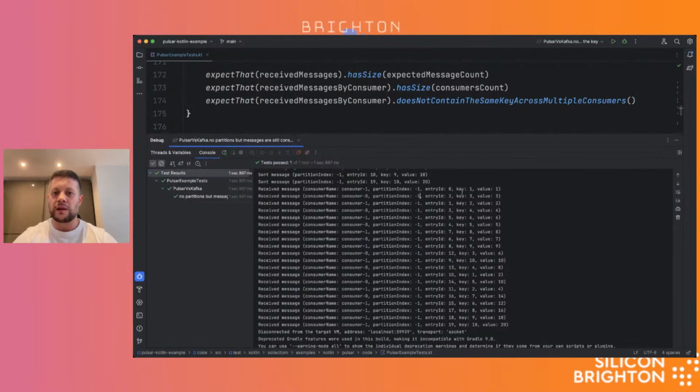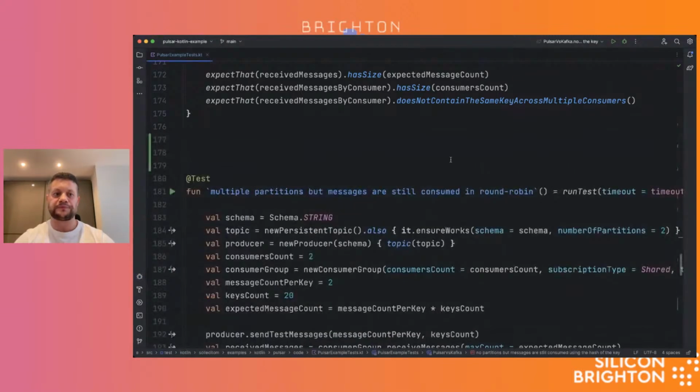But if you look at the keys, the updates for the same key are processed by the same consumer. As an example, key is 1 and consumer is 1, and here's the same. Or if I take key 3, whenever there's another key 3, it's going to be the same consumer, okay? Which is a really nice behavior.